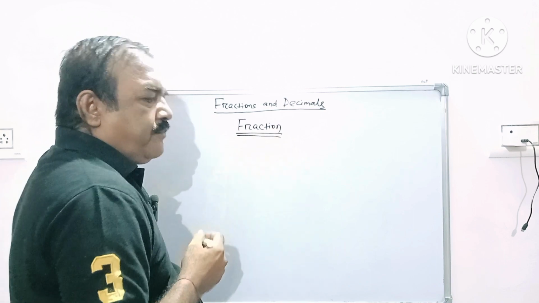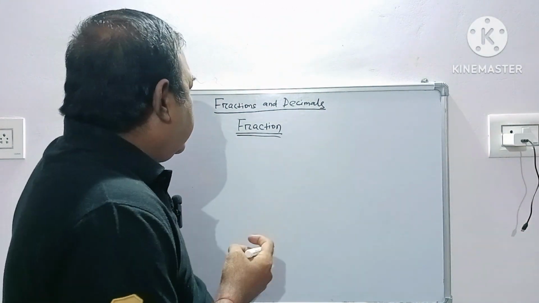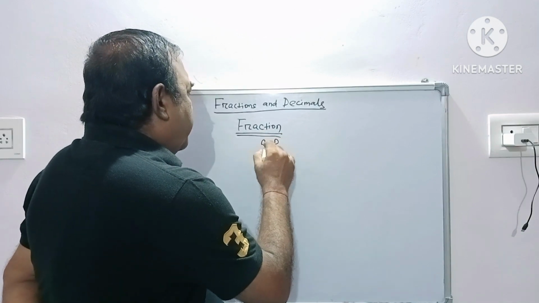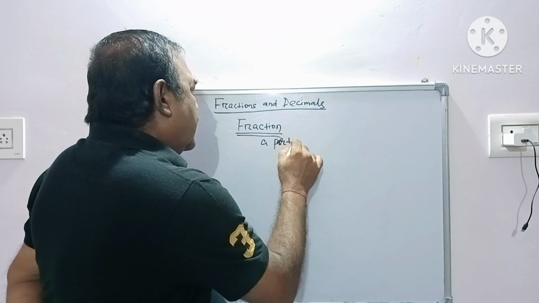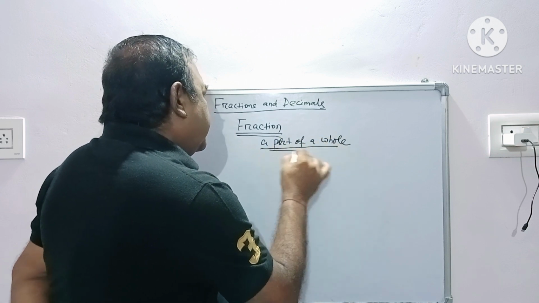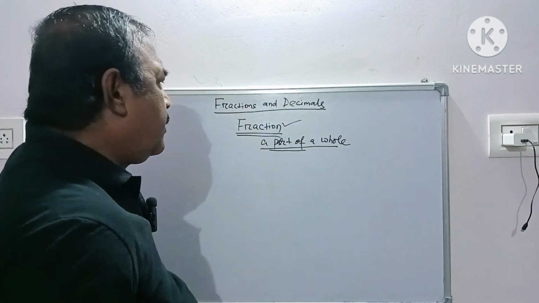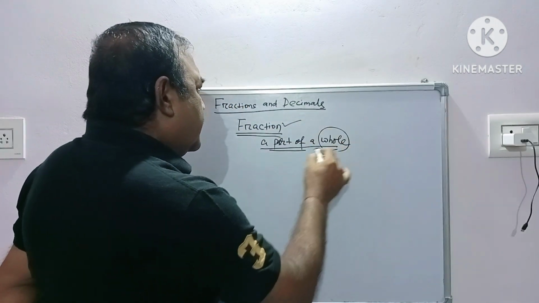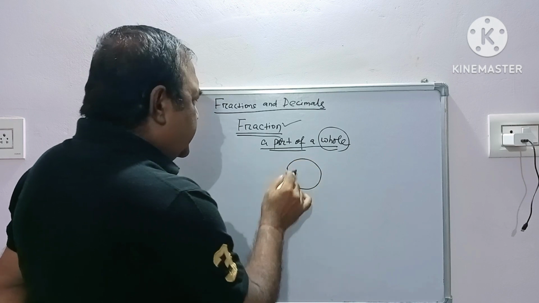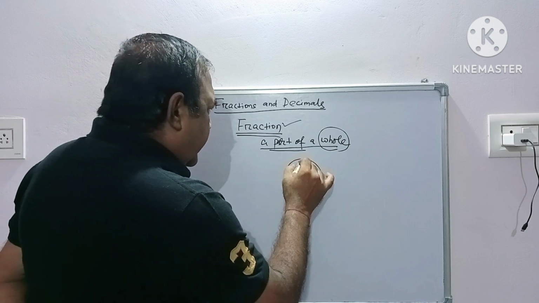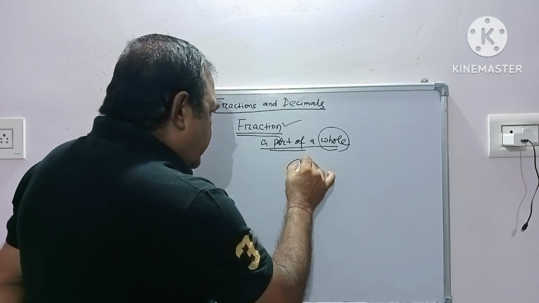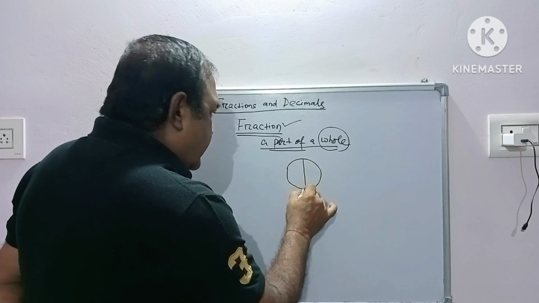A fraction is a part of the whole, a part of a whole. Suppose I tell you what is whole here. Suppose this is one piece of bread. This is whole. But if I divide this one piece of bread into two equal parts,